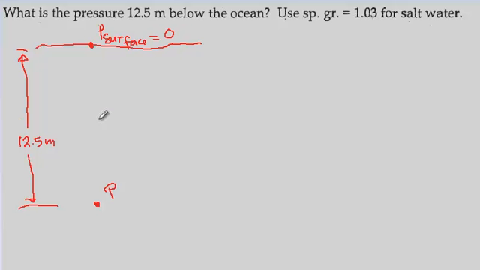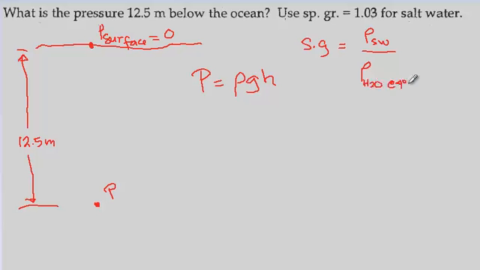In that case, as you go deeper, P, measured in terms of gauge, will simply be equal to the density of seawater, rho, times g, times the depth. We know the depth 12.5, we know g to be 9.81, but we are not explicitly given rho. However, we're given the specific gravity, and by definition, specific gravity, symbol Sg, is simply rho of the fluid, in this case salt water, over rho of water, but water at a temperature of